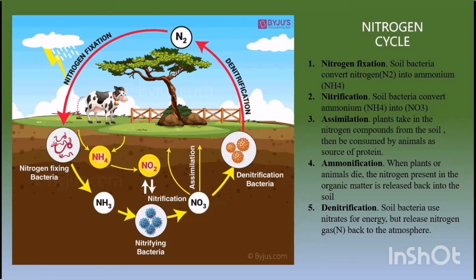Proceed on to the nitrogen cycle. The process of the nitrogen cycle consists of five main steps, which are nitrogen fixation, nitrification, assimilation, ammonification, and denitrification. For nitrogen